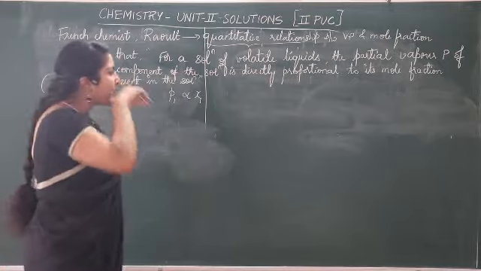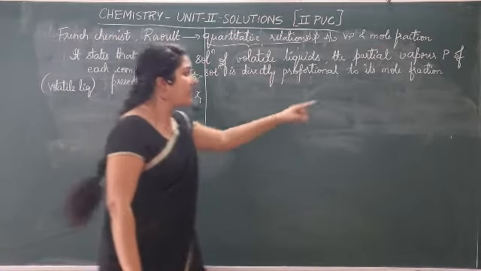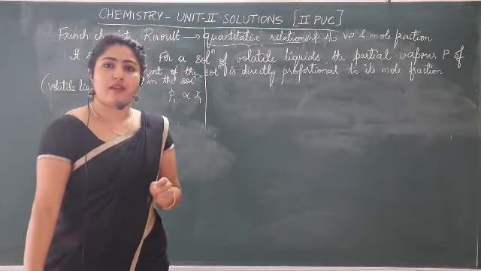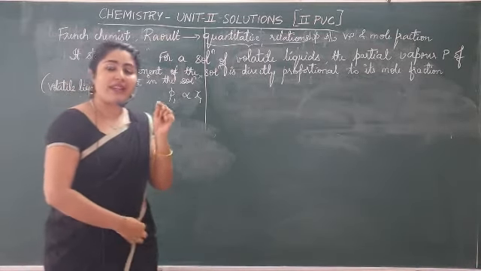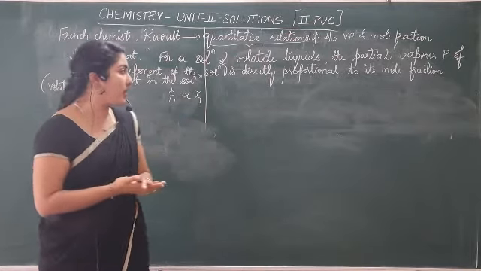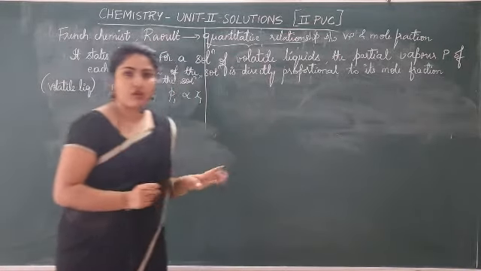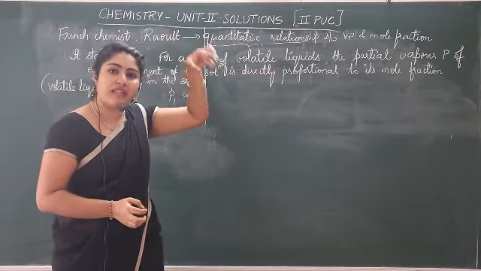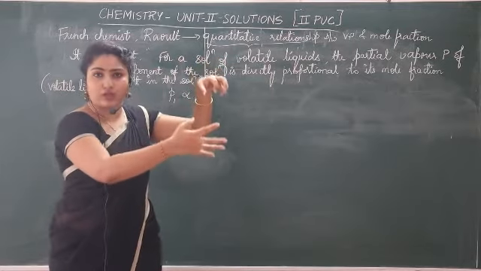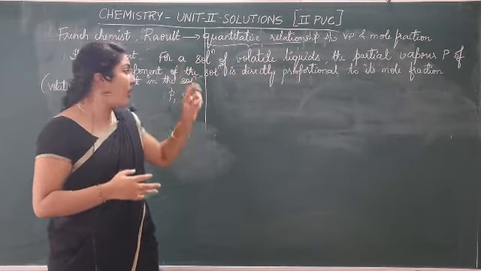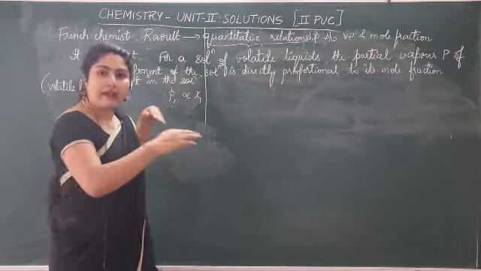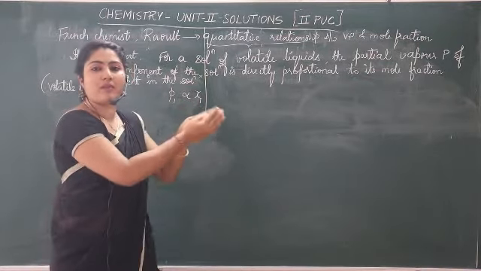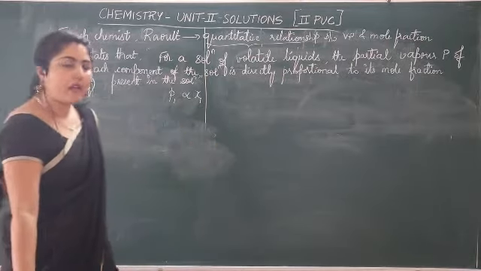Now you understand what is partial vapor pressure, no? Partial vapor pressure means the pressure of individual gas molecules. The pressure of an individual gas molecule is called partial vapor pressure. Now you know what mole fraction is also. Mole fraction means how much of that number of moles of that component is in the total solution. That is the number of moles of one component divided by the total number of moles. That means the number of moles of the first component plus the number of moles of the second component. Are you getting the point?